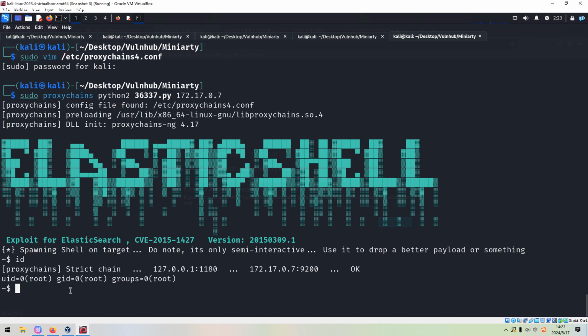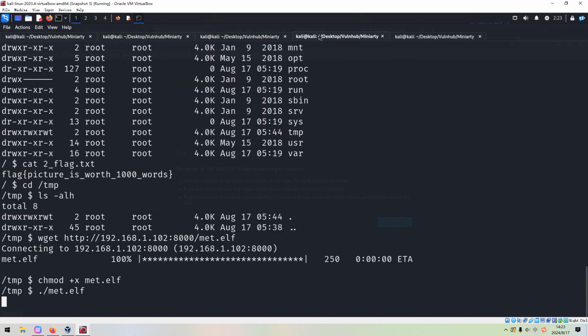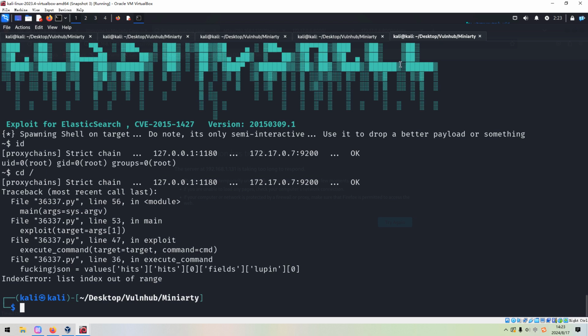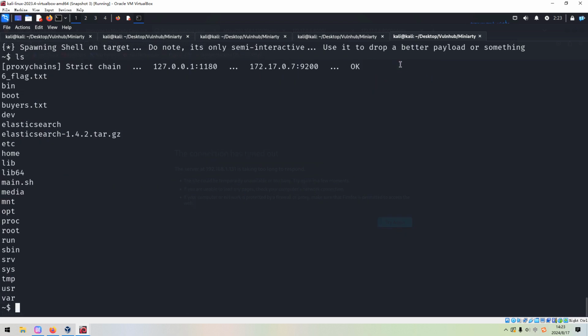We can run id, and you can get, why? Interesting. So we can get the final flag.